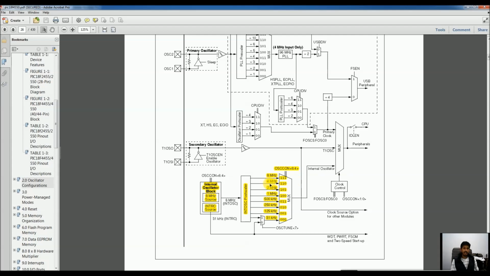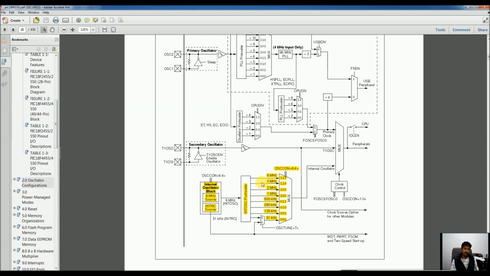How can we shift it to 8 MHz is by using the multiplexer pins, these 3 pins. Where are these 3 pins located? In the SFR configuration register that is named as OSCCON, oscillator control, and these pins are bit number 4, 5 and 6 inside that OSCCON register.